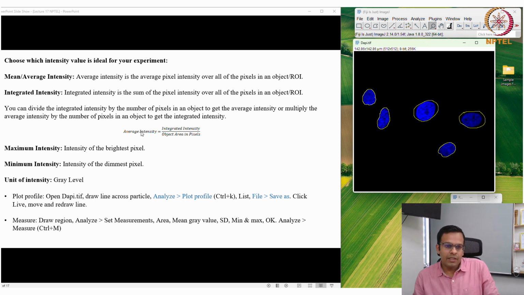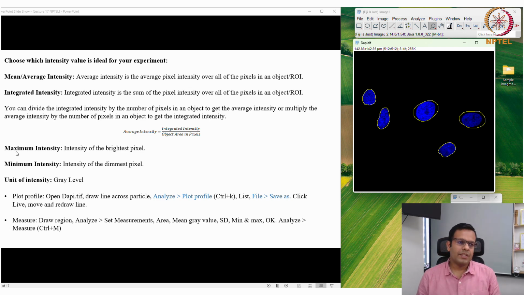And here you can see the relationship between the average intensity and integrated intensity. If you know the number of pixels in this region of interest, you can calculate the average intensity from the integrated intensity: if you divide the integrated intensity by the object area in pixels, you get the value of the average intensity.